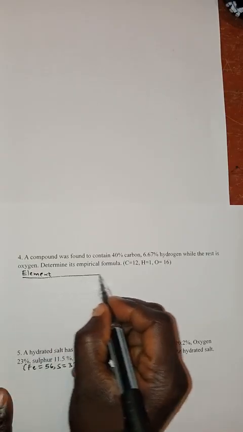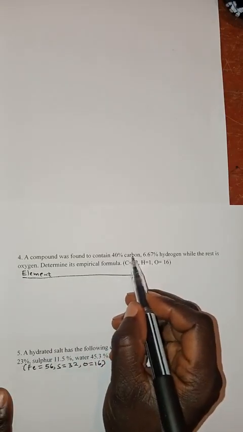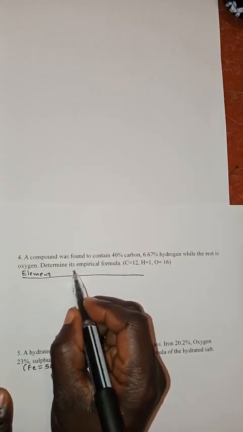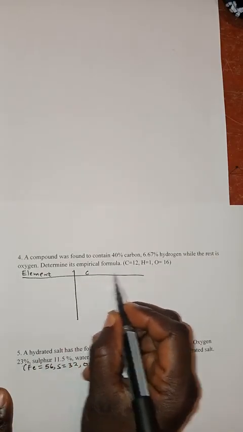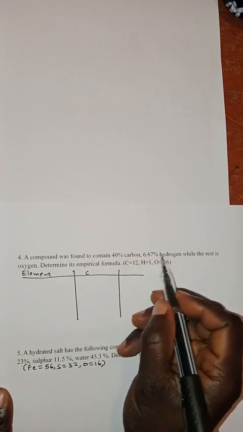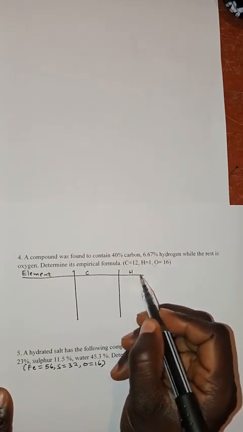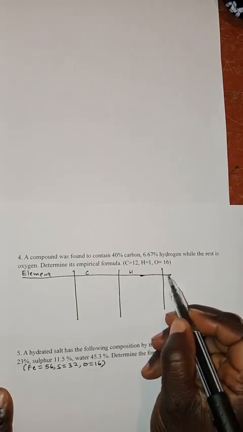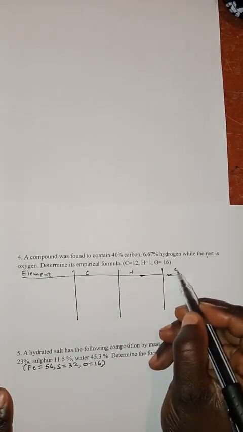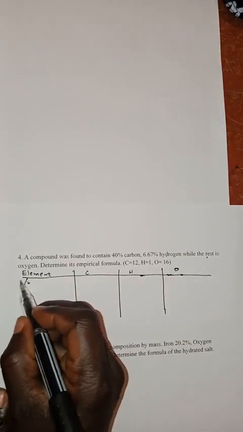And this compound has 3 elements. The first one is carbon. The second element is hydrogen. And the rest is oxygen. So the third element is oxygen. So the percentage composition